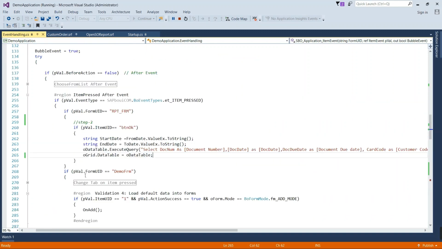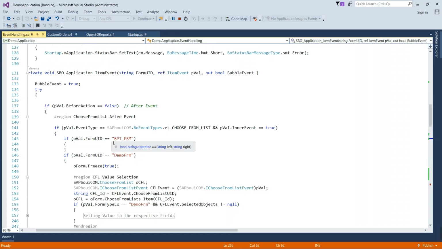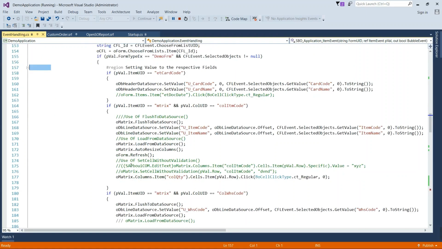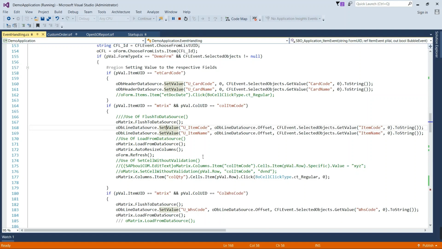But even so, let me show you briefly where I have used it. You can see here the DB line data source and the DB header data source. Set value, you can also get value from the matrix by the use of the DB data source.